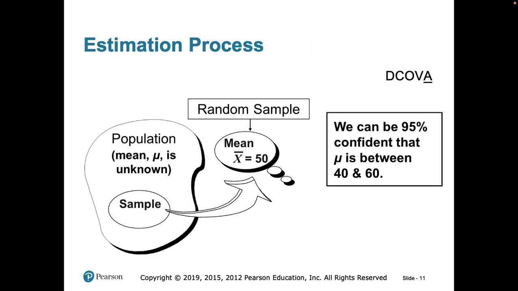So this is how the estimation process works, right? Here is your population, all of the students taking the final exam. Again, you don't know what the mean is. The mean is unknown. So what you do is you take a sample. You ask a couple of students as they're leaving campus, what was your score on the final exam? So you grab the sample, and the sample has a mean of 50. This is just a random sample of the students that you take, and you can see the mean for that sample is 50, and you can say, well, I'm 95% confident that the mean for the final exam at the college is going to be between 40 and 60.